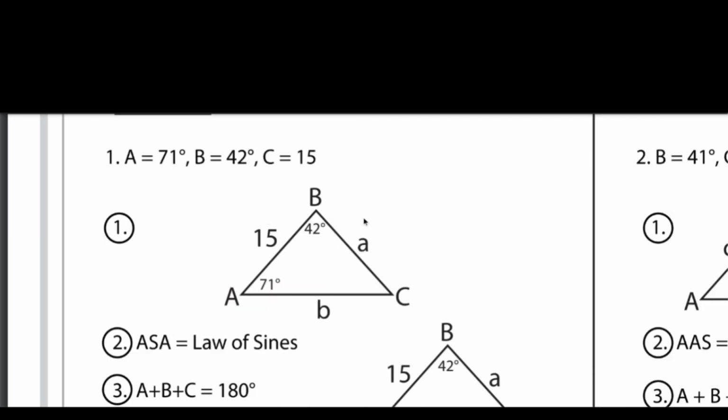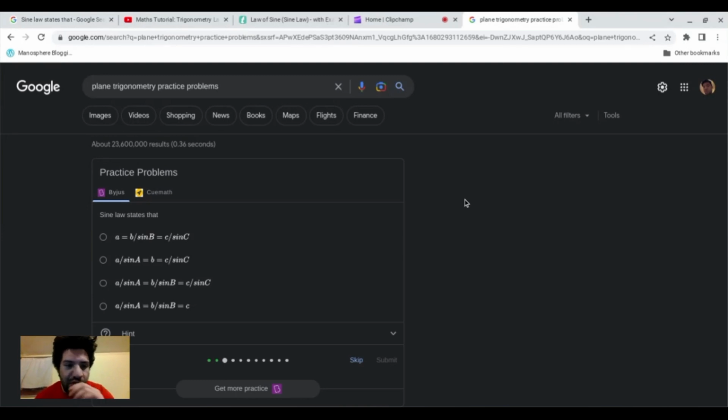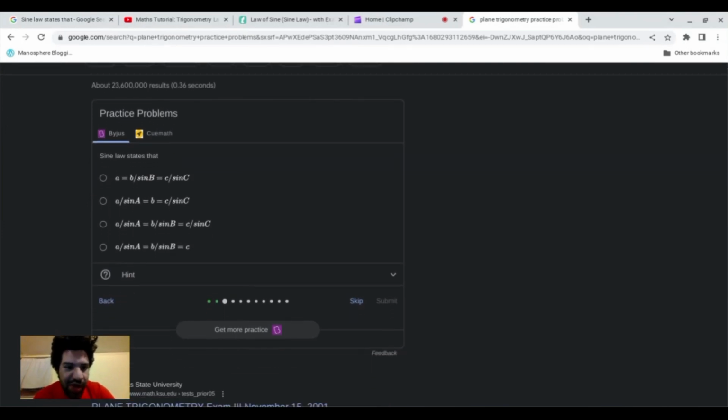And the way we can do that is by making sure that the particular angles of the triangle always correspond with the particular side lengths of the triangle. So for example, this particular angle A, which is equal to 71 degrees, will correspond with this particular side length A of this triangle, and this particular angle C will always correspond with this particular side length C, and angle B will always correspond with this side length B. So now we go back to the original question. Sine law states that